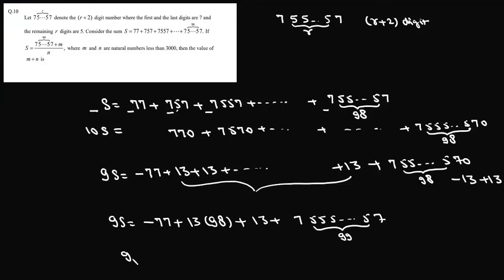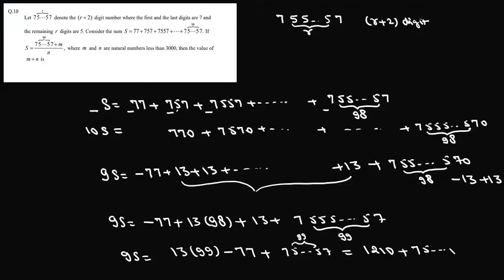So basically this is 9s and this is 13 into 99 minus 77 plus 7, 5, 5, 5, 7, 99 times, which we need in the question. So it will be 1210 plus 7, 5, 5, 5, 5, 99 times 7,